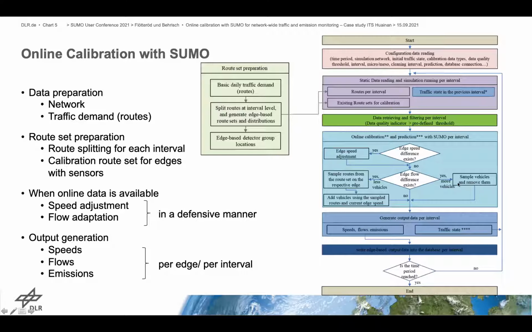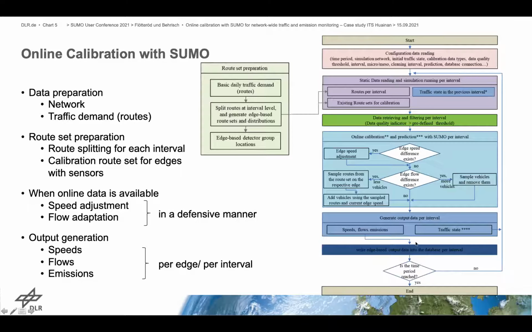If there are too many vehicles, the sampled vehicles will just be removed from the simulation. Both adjustments are executed in a defensive manner, that means the simulation will try to remain unaffected until the end of the interval. After that, the resulting edge-based speeds, flows, and emissions will be sent back and stored in the database.